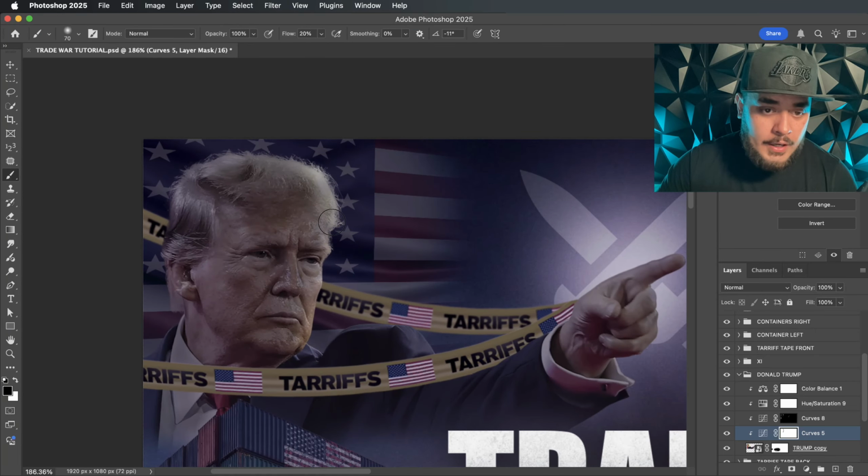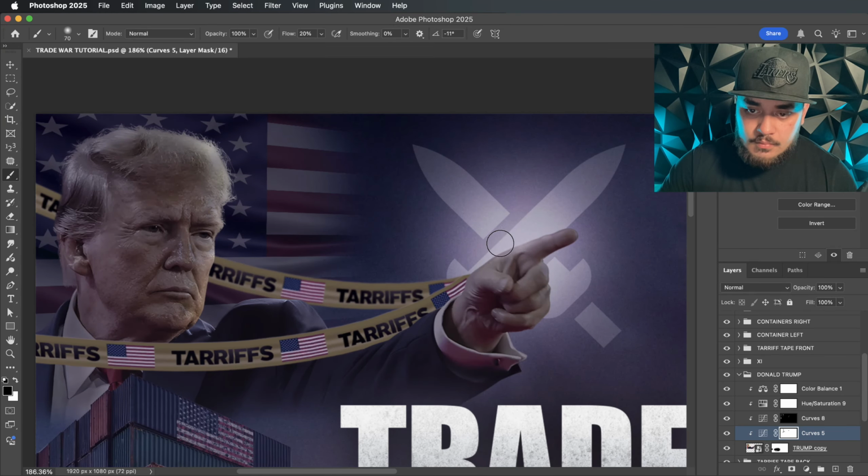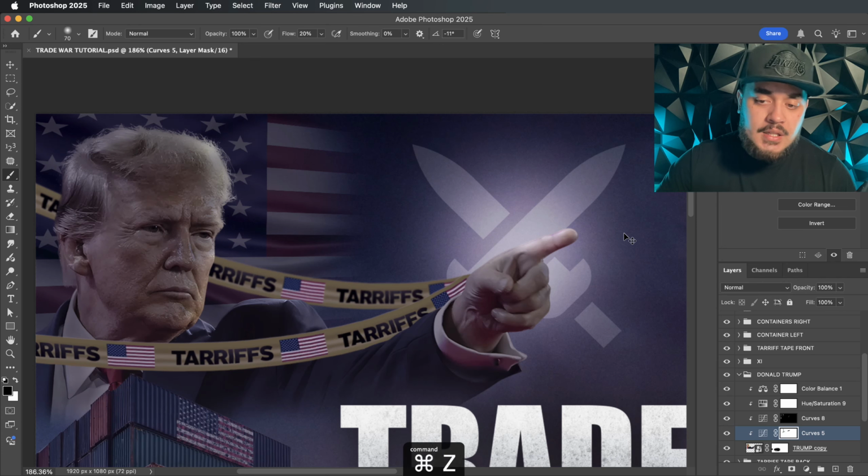So some here, some on his jacket like so, some on his hand. And since we have the flow set to 20%, of course, if you go over it a couple of times, you can increase the strength of the light. As you can see right here, if I just keep rubbing over it, it increases the lightness value. Okay, so let's just undo that